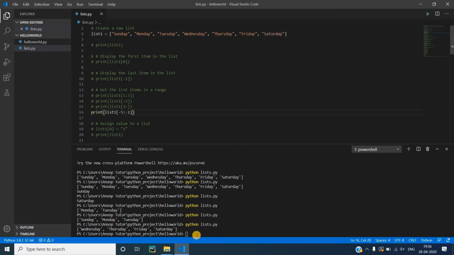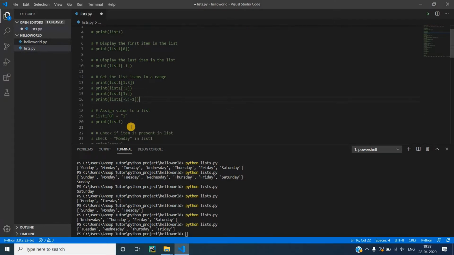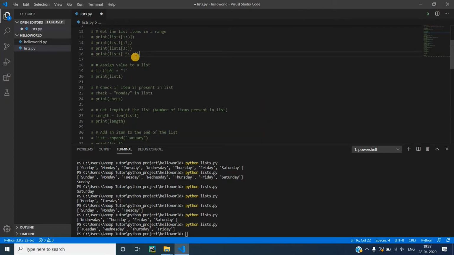So let's see how the output looks like. So you can see, as expected, it prints Tuesday, Wednesday, Thursday and Friday, but not Saturday, because this is the last item which we have mentioned here in the range. Now I will comment this example and we move on to the next item, which is assigning a value to